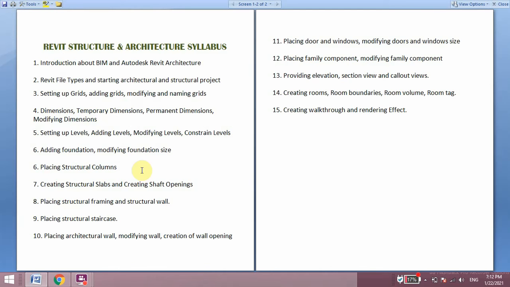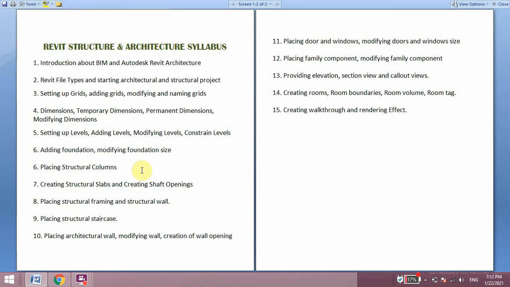After finishing placing the structural columns, we have to provide a structural slab from the ground floor up to the roof. Each floor has slabs, and in slabs there will be openings, that is a shaft opening.